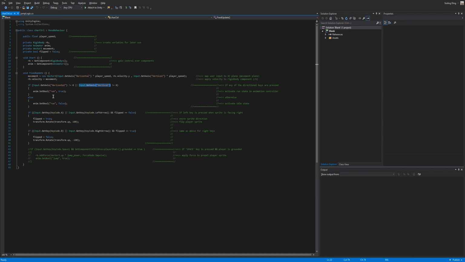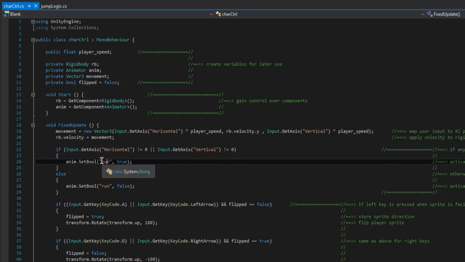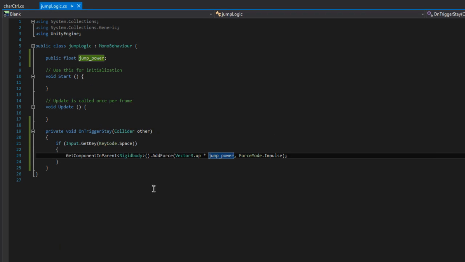Okay. So when any of these keys are pressed, I'm setting the run parameter to true. Else, so if none of the horizontal or vertical keys are pressed, I'm setting the run parameter to false. Okay. So we need to do the same thing in the jump logic. So when the space key is pressed, I want to apply a force so it jumps, as well as changing its animation. So what we need to do here is